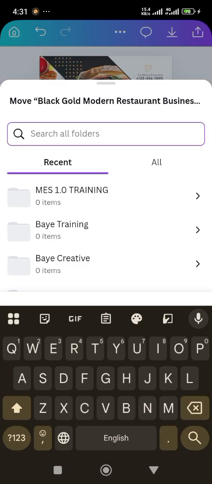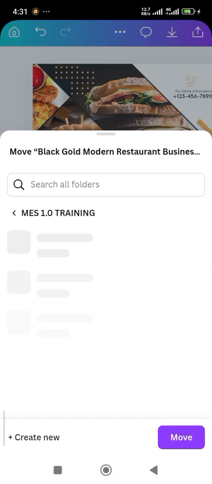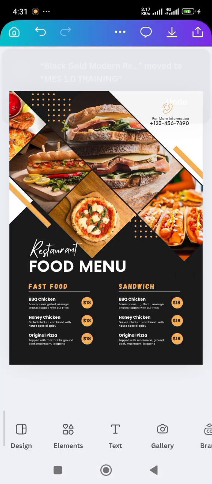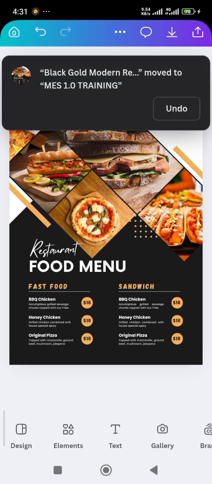Because we don't have too many folders here. By the time you have a lot of folders, you will know. Let's say I now want to move it, I want to save it into MES 1.0 training. I'll just click on that. I can see MES 1.0 training, then I'll click on move. So it's there already. You can see it has been moved to that particular place. Let me now go back to